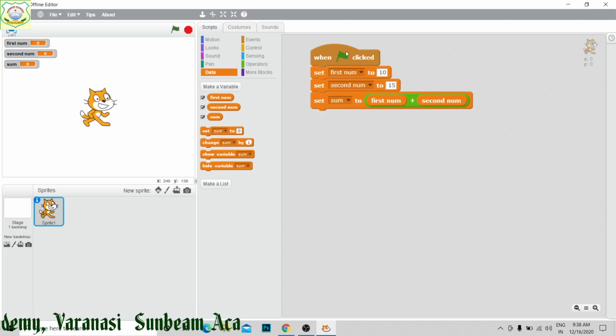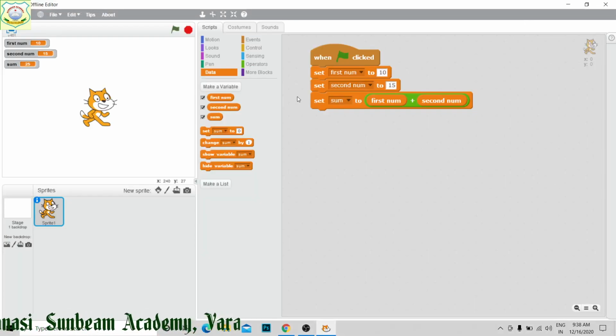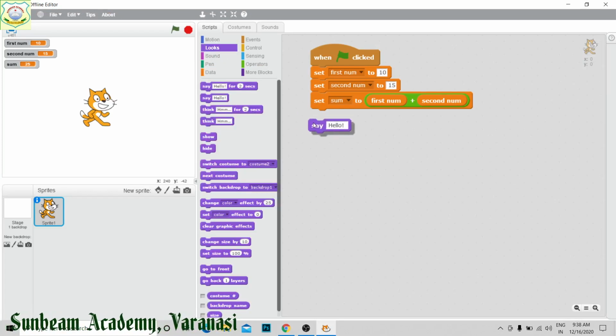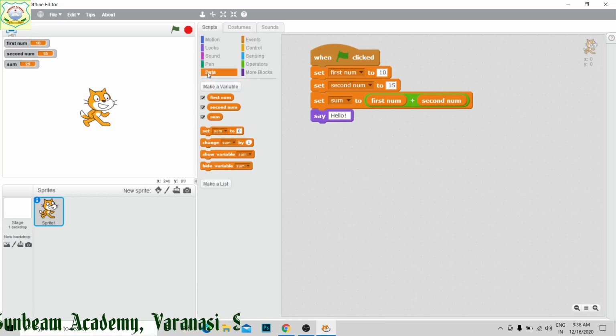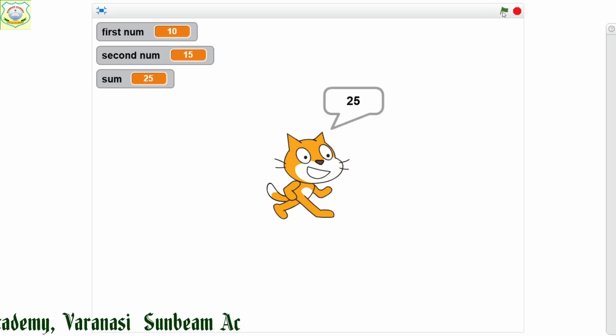Now click onto it. We are not getting anything, and the sum becomes 25. You can see here, I can show you 10 plus 15, but this is not the way of writing the program. We have to show its result, and from the looks, from this looks, into which we are getting the result, it will be seen to you. Now here only we are getting the result, but this sprite will also give you the result. How? 25. The value of 10 and 15, its sum is 25,